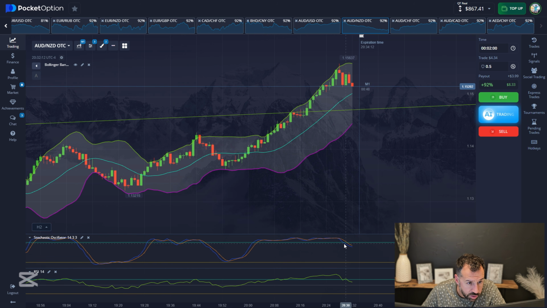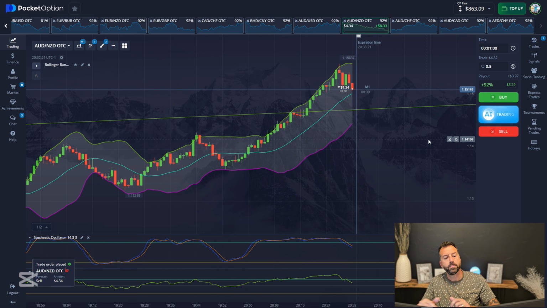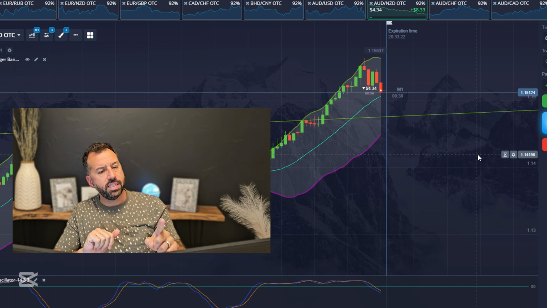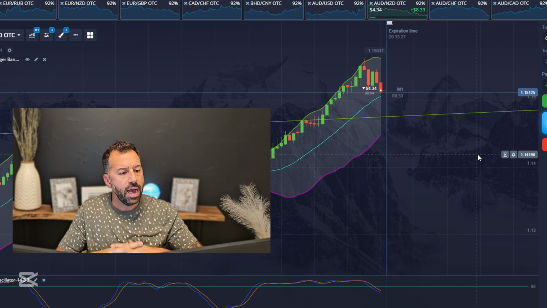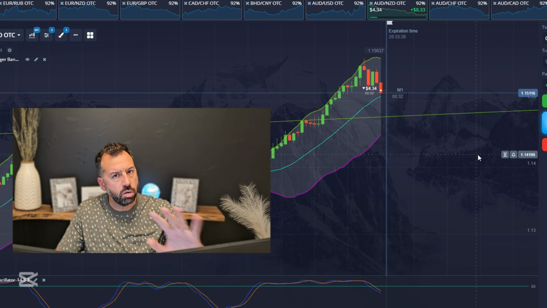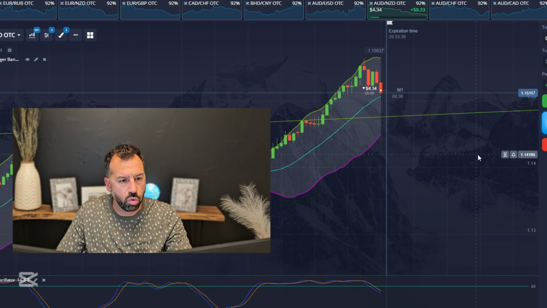Our blue line has crossed the red earlier. Our RSI is on the way down. We are going to put this on a 1 minute and give it a sell. We may be a little bit late to this game, but what I'm trying to do is show how using indicators, don't just use indicators as your